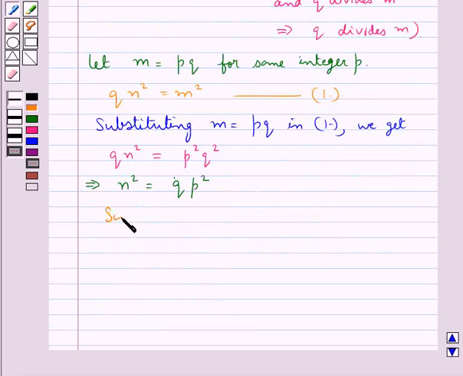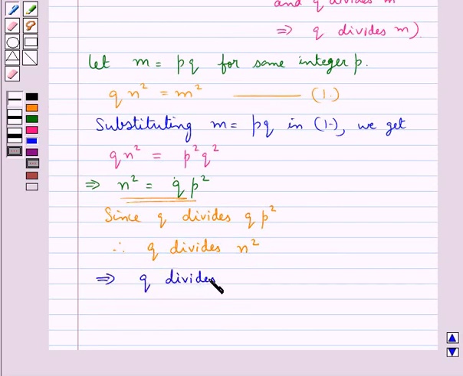Now since q divides qp square, therefore, q divides n square, since qp square is equal to n square, and this implies that q divides n